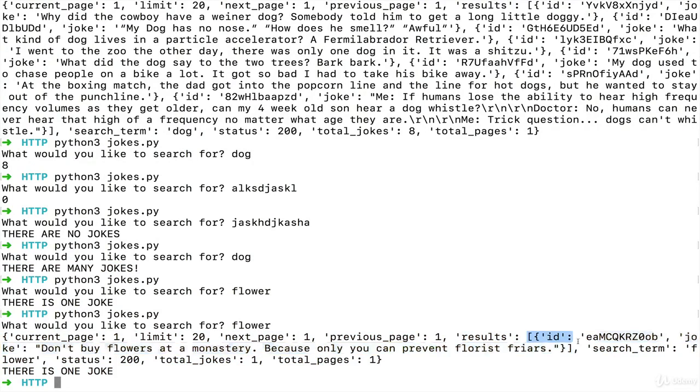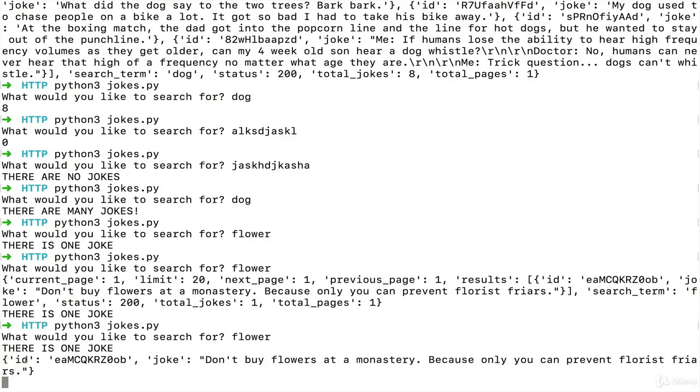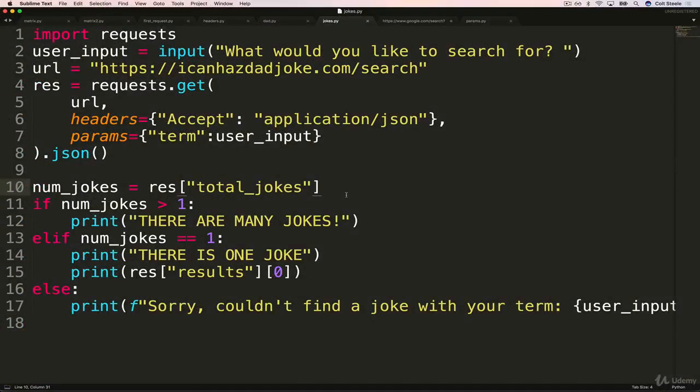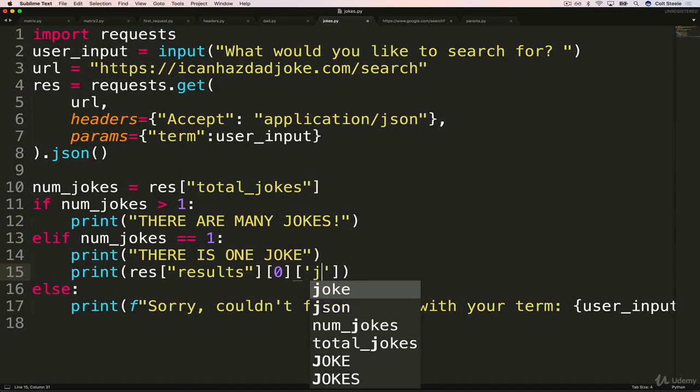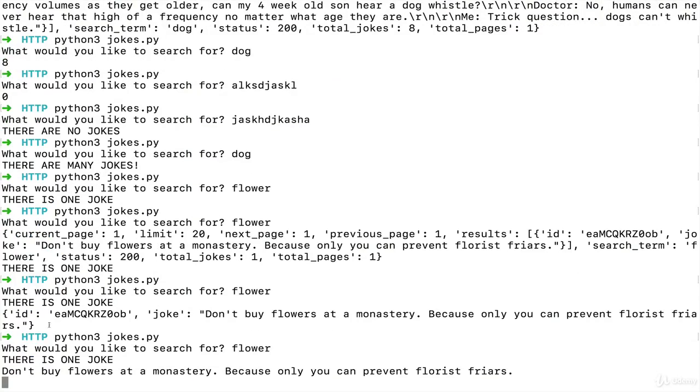Results gives us this, and there's 1 item, so we use 0, and that gives us this. And that won't even get the exact joke just yet. If I try it again and I type flower, it's still a dictionary, and we need the joke key out of there, or the value using the joke key. So then we tack on joke. Try it again. We'll do flower, and we get don't buy flowers at a monastery, blah, blah, blah.